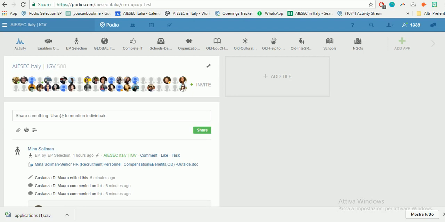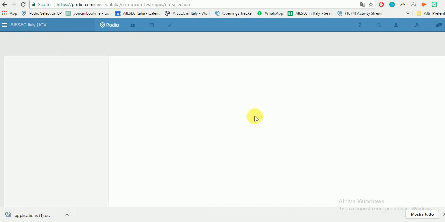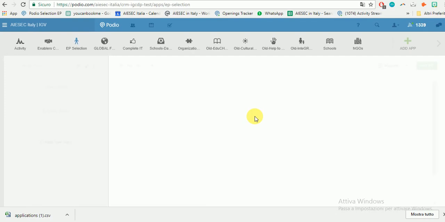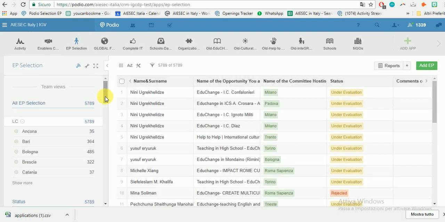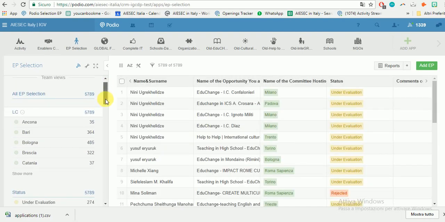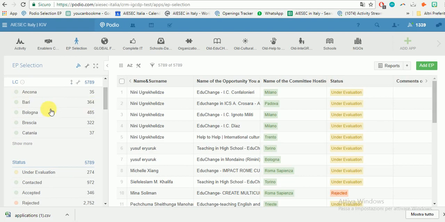For the selection process of EPs, the button is the one entitled EP selection. As you can tell, you click here and you find all of the EPs that are applying to our opportunities in Italy. Here you have a bar which tells you LCs, so local committees, and you can check by LC, you can check by status, and statuses are under evaluation, so a person